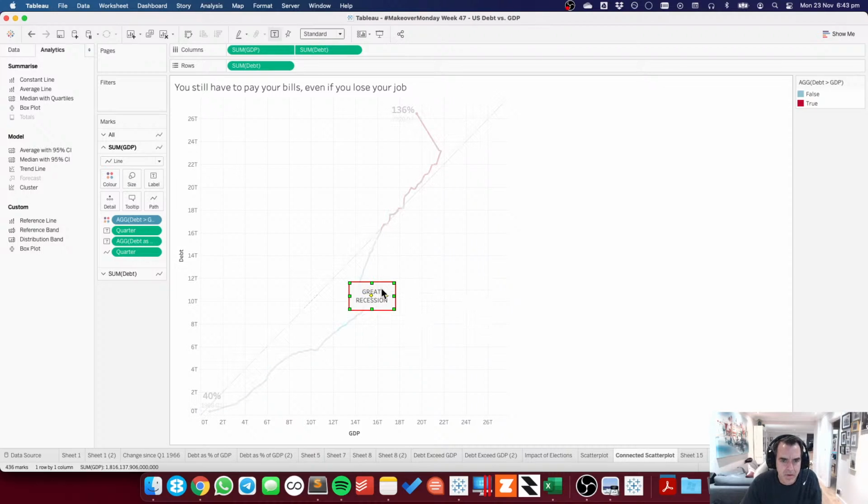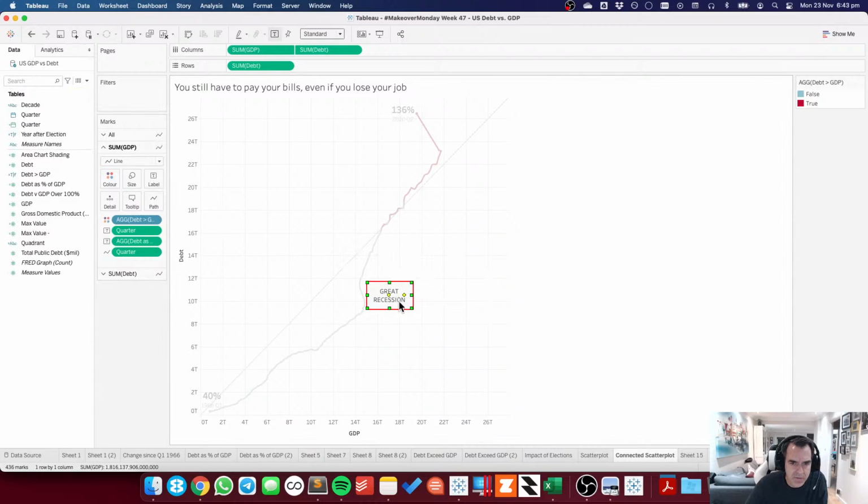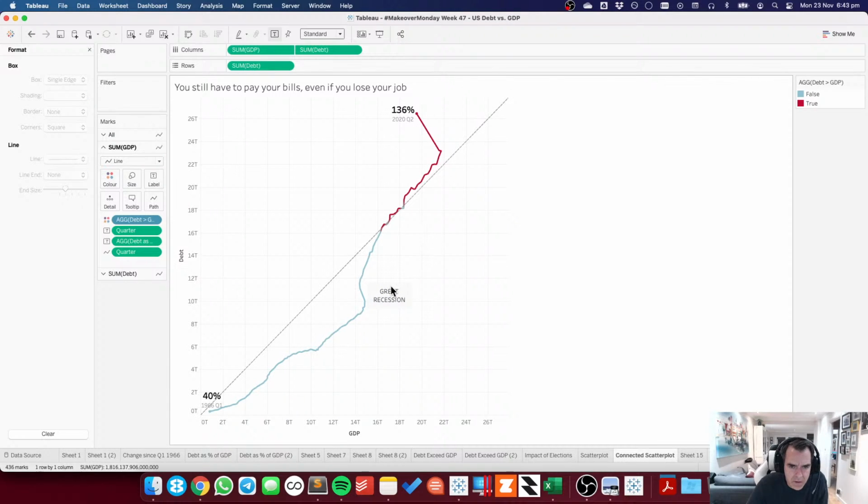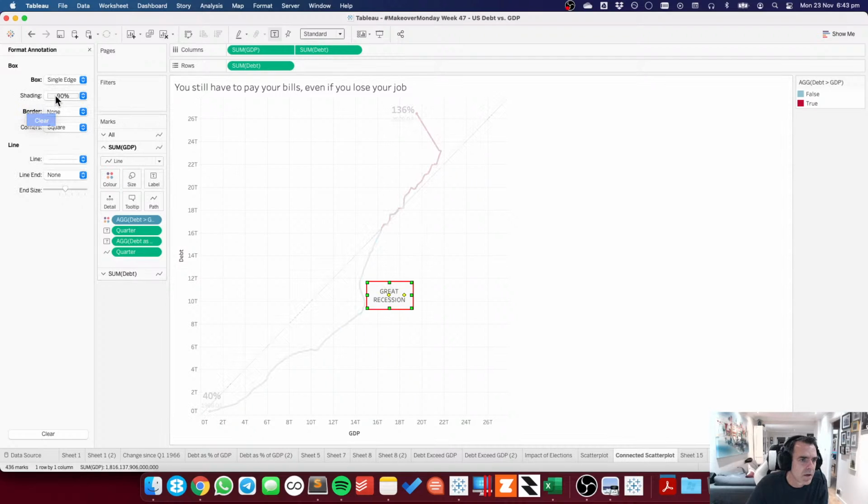Okay, something like that. So now, am I able to maybe just leave it like that? And if I format this and put the border on the side, can I do it on just the side? I forget. Box, single edge. None. Oh crap, how do I do it? But I don't want it to do that. I want it to just have it on a single edge. So why is it not letting me do that?